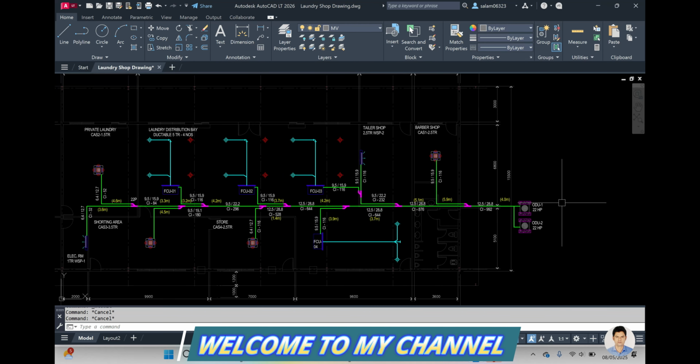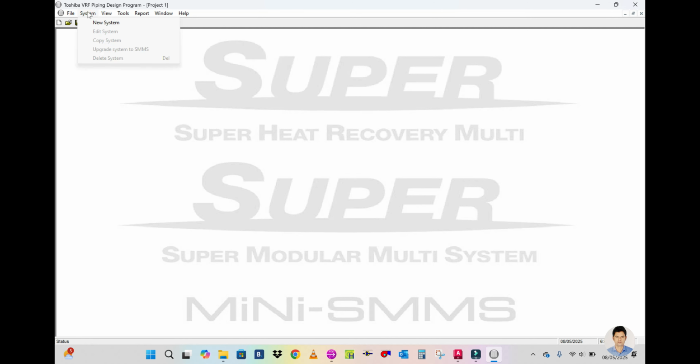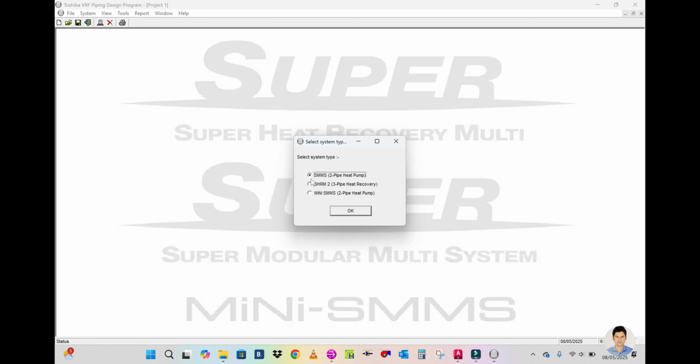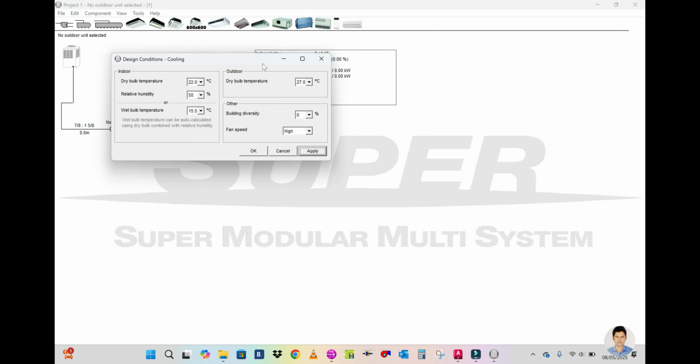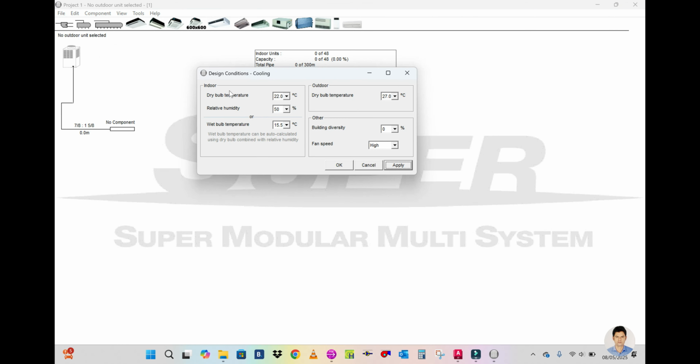Then go to the new project here and click on new system. Okay, and then SMMS2 pipe heat pump. Click on this, and click OK. And then here you can go to view design condition. First you have to go to the design condition, cooling, and then you have to select the